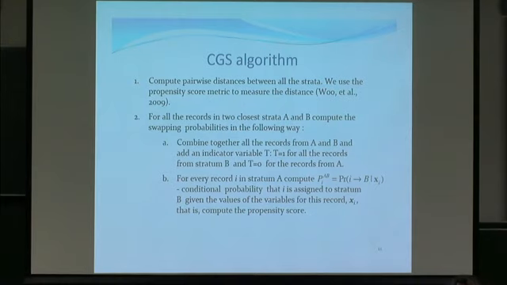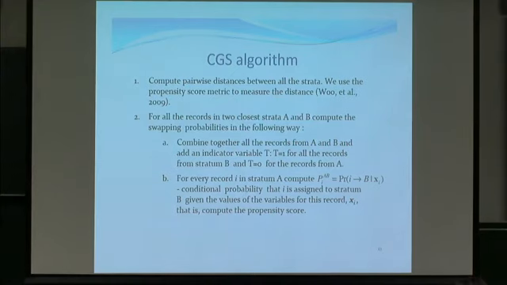Okay. So here I'm going to just outline the main steps of the algorithm. First of all, again, we have the stratified data. We can compute pairwise distances between the strata. We can use different metrics of distance. Well, I use the propensity score distance. This propensity score metric was actually proposed as a measure of utility, but in essence it's just trying to assess discrepancies between the distribution of masked and original data. So why not use it to measure relative distances? We can do it as well, because it gives us just one number, right? We can get the pairs of closest strata.